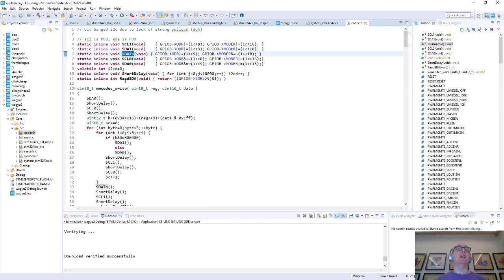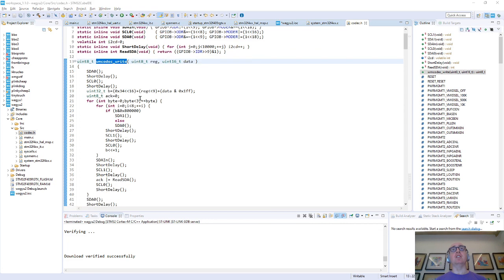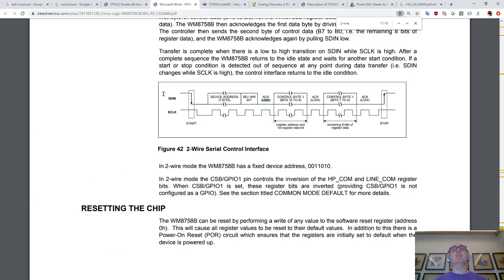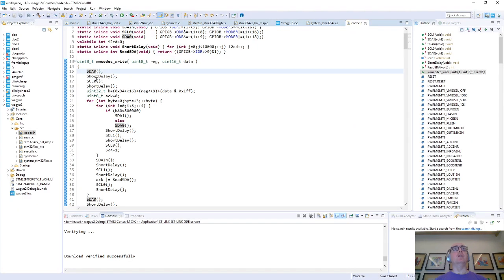So then basically, the way that you write is that this implements that diagram, right? I sat with this diagram and I just do data goes down, wait a bit, clock goes down, wait a bit. Now this is the 24 bits we're going to send. We send the address, followed by the 7-bit register, followed by the 9-bit data. And there are a bunch of,